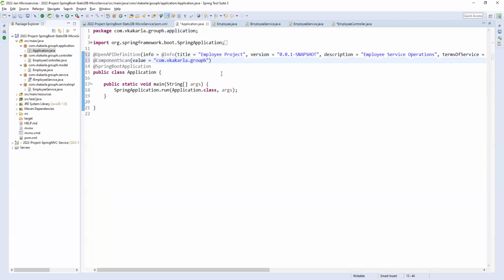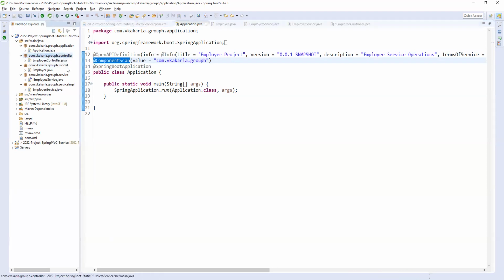your base package, okay, your base package. So component scan in the sense, if you're writing all the classes in a single package, you don't need to define this component scan. If you are writing in different packages, you have controller package, model package, service package, service impl package. So different level packages are there, right? After your group ID, we can call whatever common package we have a group ID.